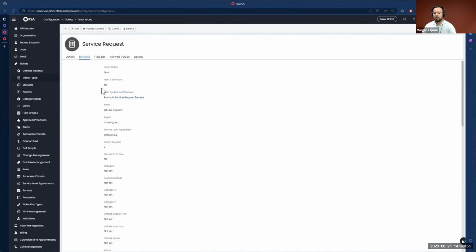Now, this means that whenever a ticket of this type is going to be logged, we are going to immediately initiate our example service request approval process. So we can have that based on a ticket being logged, just the very nature of it being created will trigger that approval. Again, think in the back of your mind about an admin rights request logged by the self-service